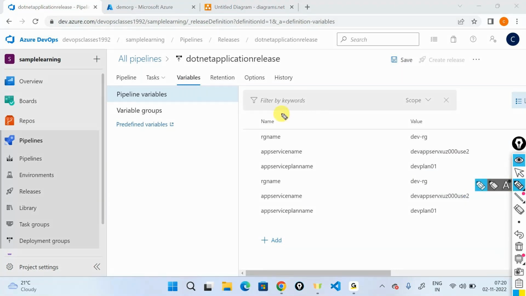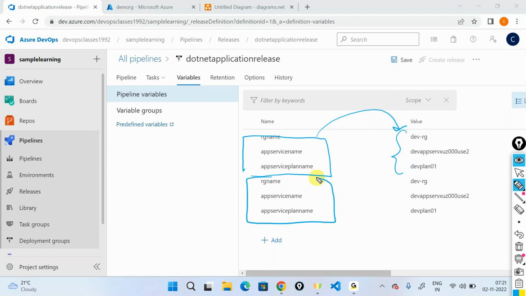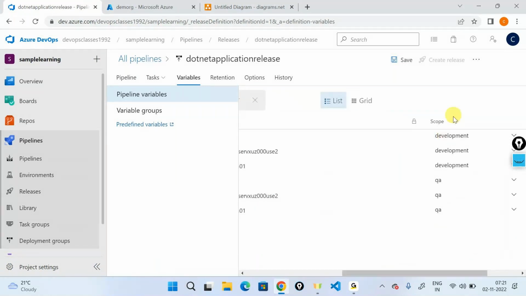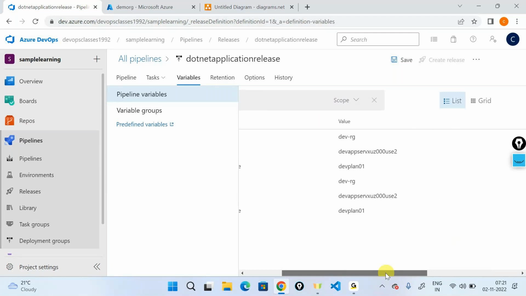So these three variables are for development, which is dev and something. It now understands that okay, fine, you also have one more stage, called QA, which also needs all these three variables. And Azure DevOps tells, okay, fine, I'll adjust the scope for you. So three are for development, three are for QA, and what you can now do is just change these values here